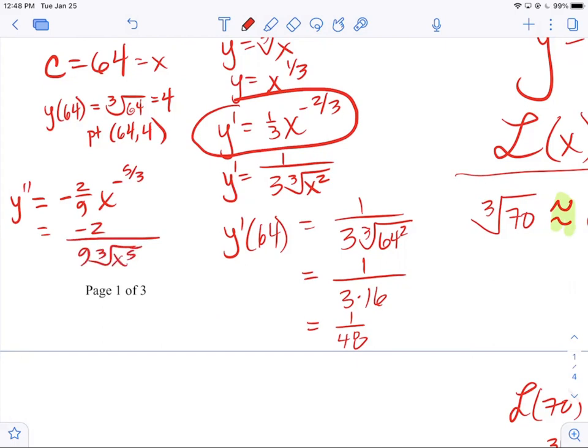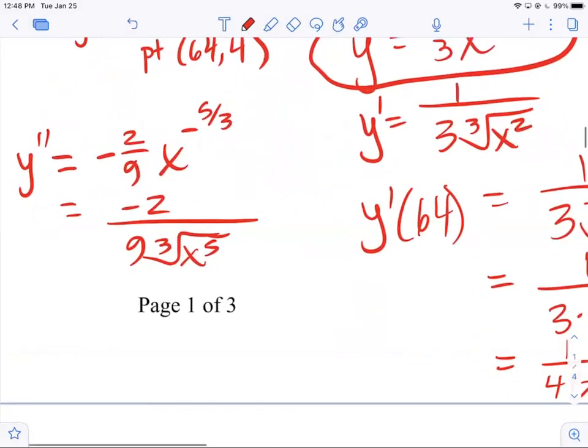Now notice that is not always negative. The top is a negative, but the whole thing will be negative if x is positive, right? Because the cube root of a positive number to the 5th is positive. And notice that that ratio will be positive when x is negative, yeah? Because then you get the cube root of a negative number to the 5th, which is negative, and a negative over a negative is positive. So all you would have to say is